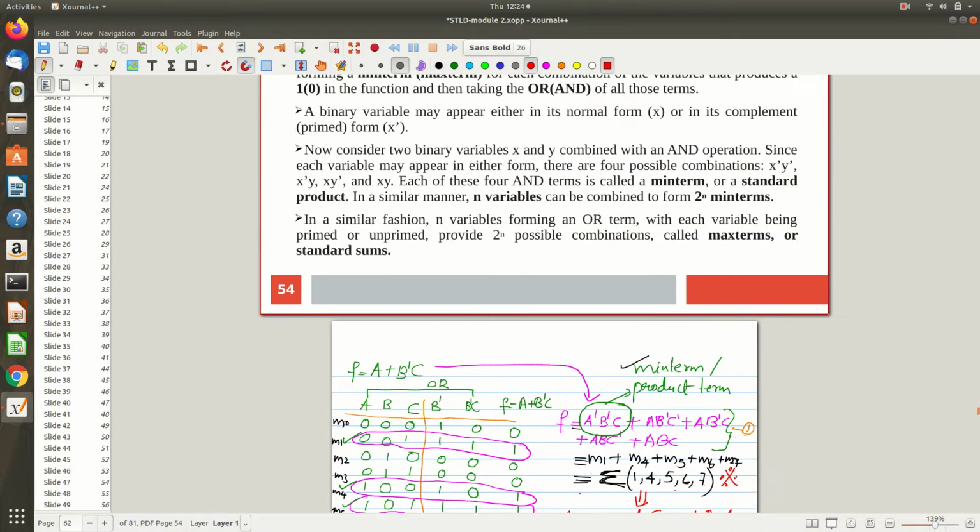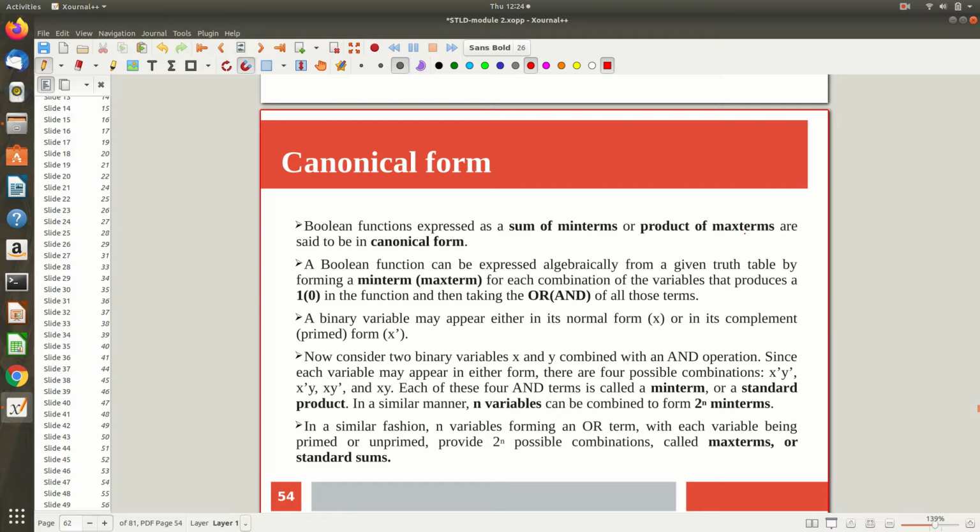Slightly the same only. So now just read the theory part. The Boolean expression can be expressed as what? Sum of min terms, or min terms are otherwise called product terms. This is SOP. Now an equivalent form is called product of sum, which we will see in the next video. Right now we discussed only SOP. Both the SOP and POS are canonical forms. By canonical form we mean each individual term contains all the variables.